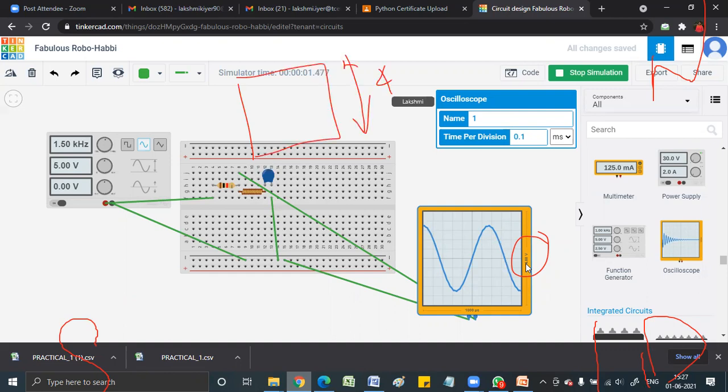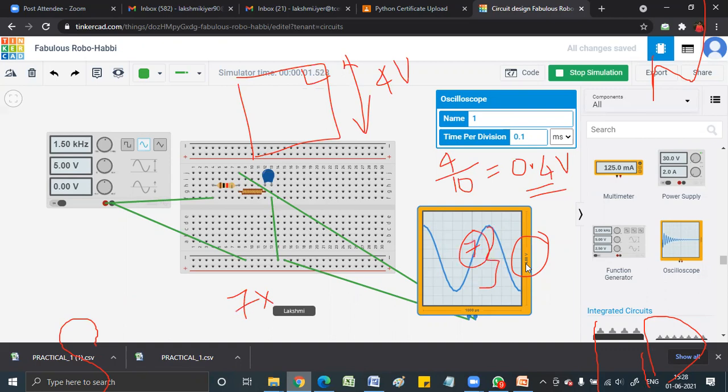एक ब्लॉक कितना है? 0.4. 0.4 ना। 4/10 करोगे, 10 डिविजन, तो पर डिविजन तुमको मिलेगा 0.4 वोल्ट। हाँ, 7 तो into 0.4. अभी बचा कितना आपके पास? यहाँ पर 7 है इसका हाइट। So 7 into 0.4, that is 2.8 volts is peak to peak. That is the answer. तो पहला रीडिंग आपको कितना आया?